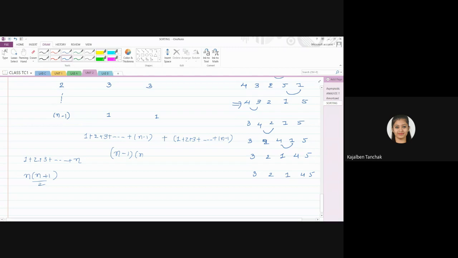So this will be cancelled. So n into n minus 1 divide by 2 plus n into n minus 1 divide by 2, right? So if you add this, so n square minus n plus n square minus n divide by 2, right? So that is equal to, I think there is some mistake. Just a second. Okay, fine. Just wait for this time complexity part, which we will cover in the lab session. Today we will keep it here because it is time to stop. So this we will see when we do the C program for bubble sort, and at that time we will do the time analysis.